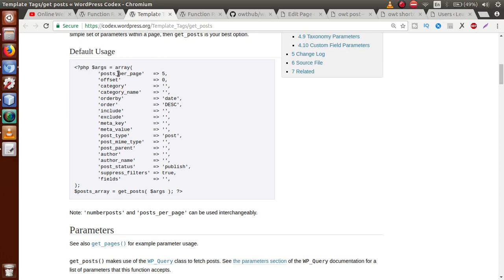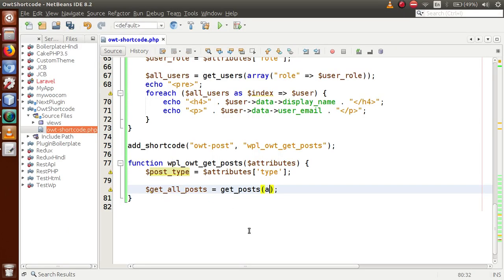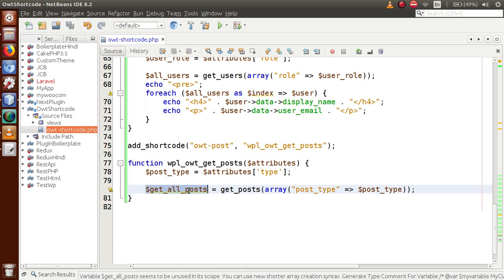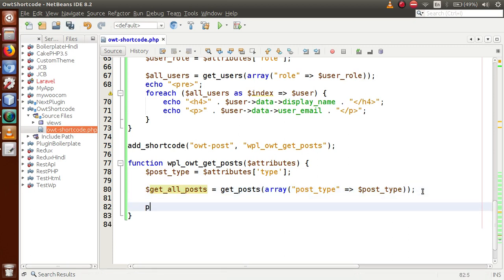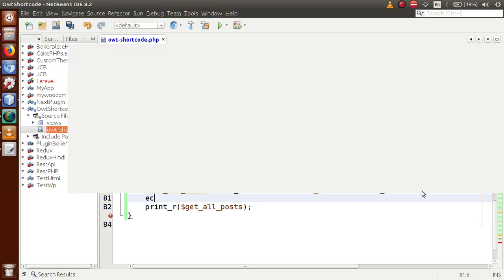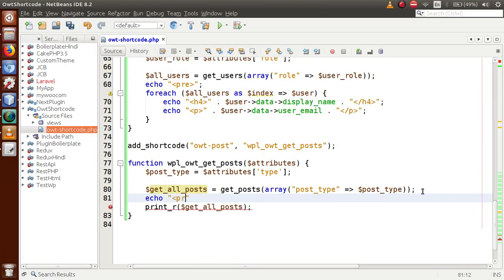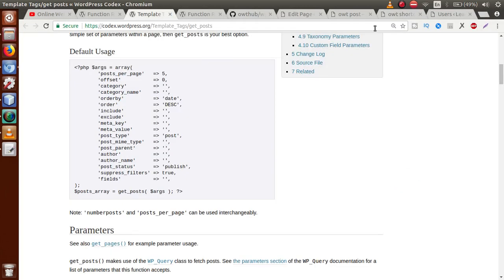So just copy this array, go to the editor. Inside this array we need to pass a key that is called post_type. Inside this post type we need to pass this variable, because this contains the post type. So if we click on get all posts, let's say print_r, and also let's say echo the pre tag. So just save this file, go to the browser, and now